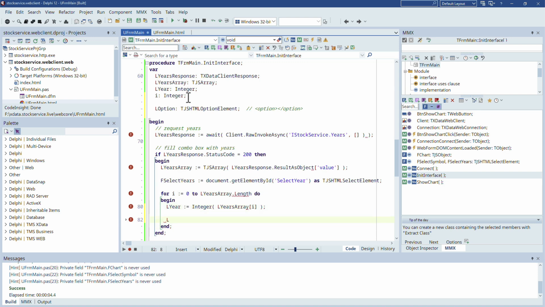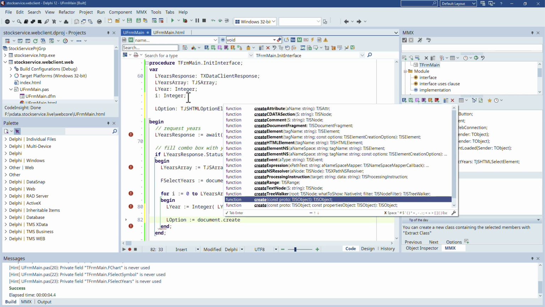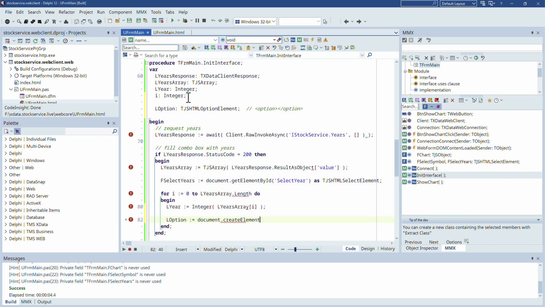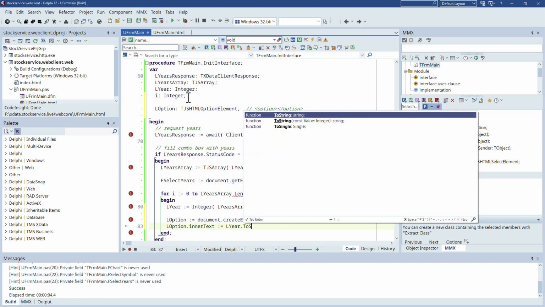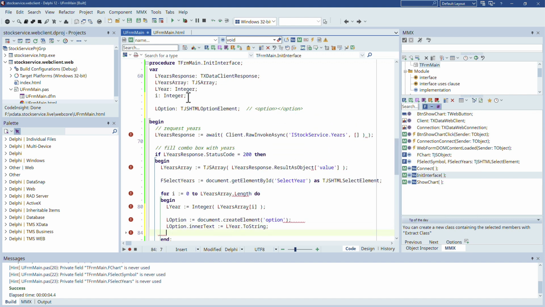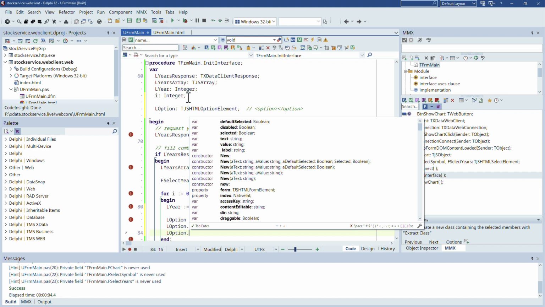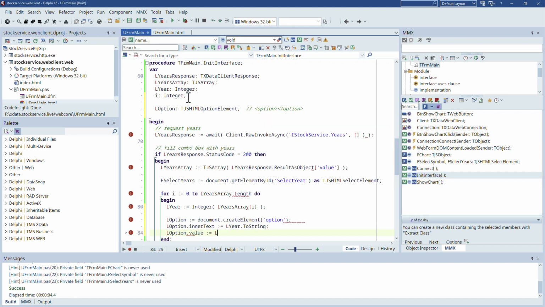Okay, and from there we can say L option equals document create element. The tag name is option, obviously. And then we have to set its inner text, not inner HTML, is L year, the year as a string. And then the value, very important, is the same though. The value is also L year